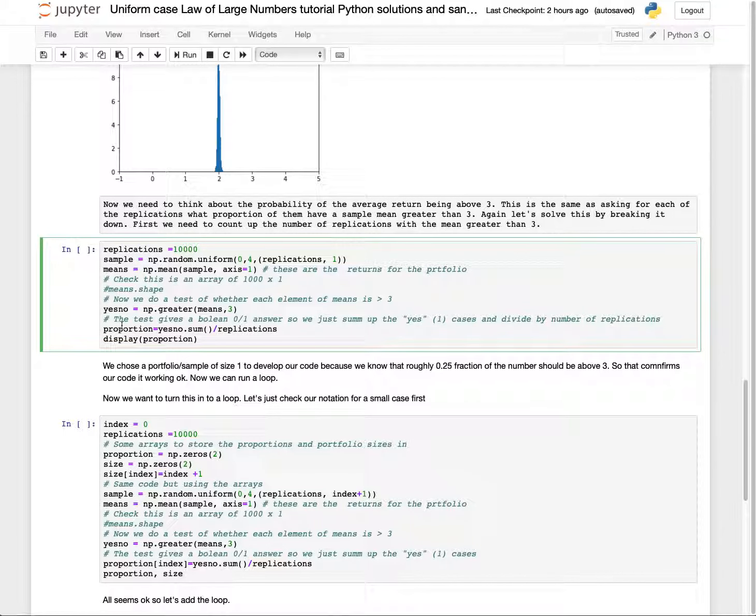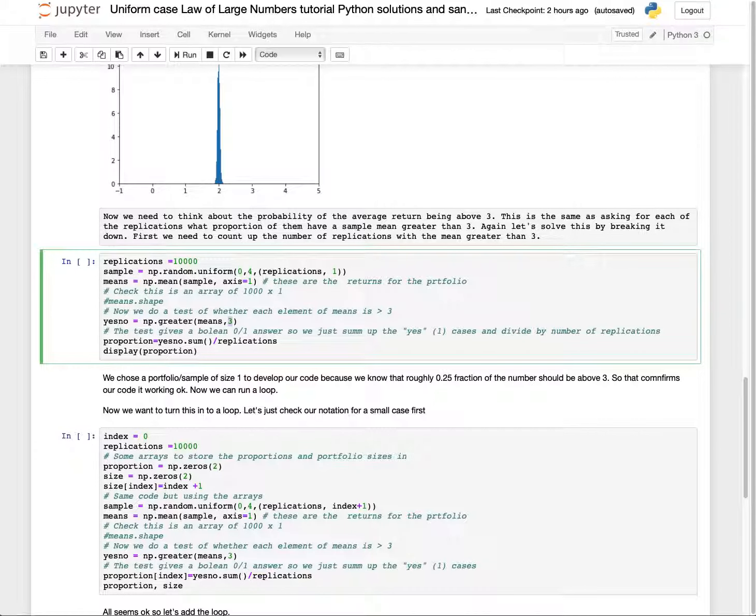Now we need to work out how many, or the proportion, that are above 3 out of these 10,000 numbers. There's lots of possible ways of doing this. One of them is with a simple test. There's a method in NumPy, greater, that allows you to test whether the elements of a particular thing, in this case the array of means, are bigger than something else. I had to look up how to do that, so I went and looked at the